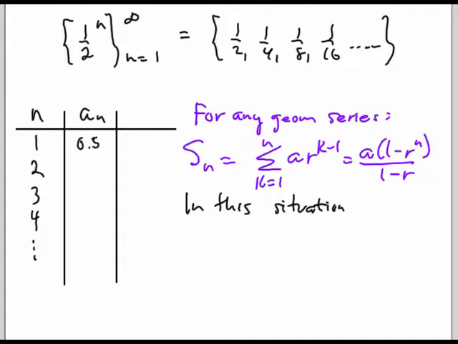So 0.5, 0.25, 0.125, 0.0625. And I'm also going to show the sum of n terms, which is on its own a sequence of partial sums. Sum of the first term is 0.5. Sum of the first two terms